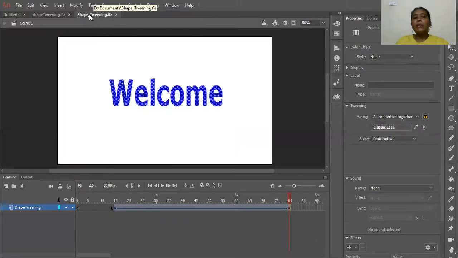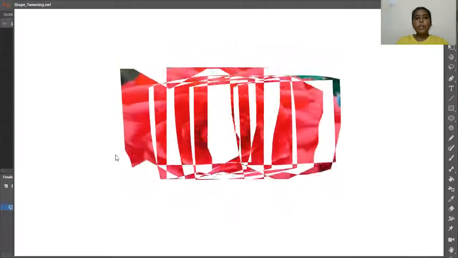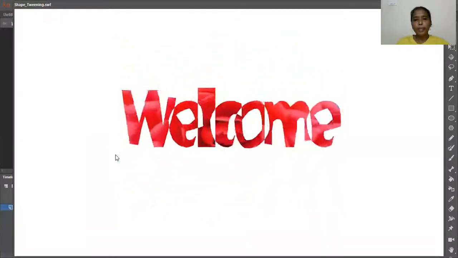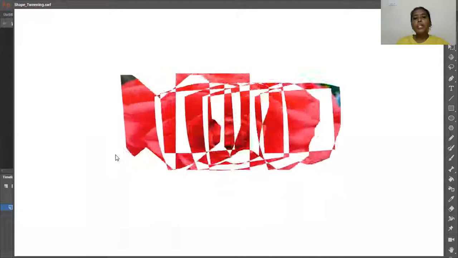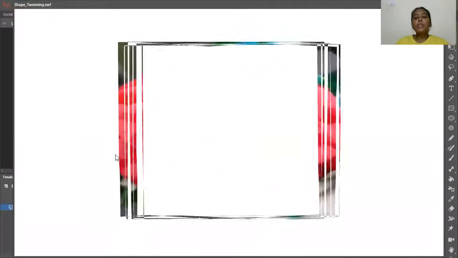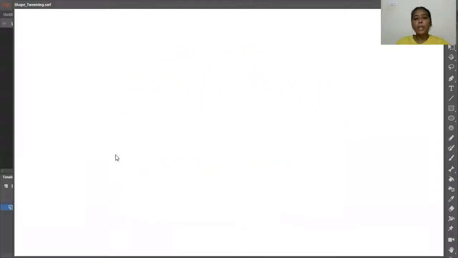The untitled file has been renamed to shape tweening, and just press Ctrl Enter to execute. See here, my image, which I imported in the 15th frame, after reaching the 80th frame, is morphing into text.